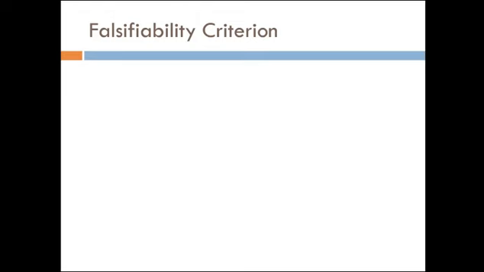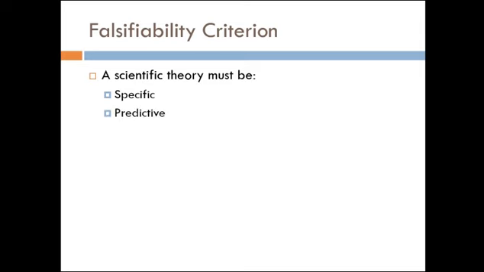Okay, now here's the key term for the whole chapter: falsifiability. And this is the focus of your weekly exercise 2, falsifiability. The falsifiability criterion is a concept that was introduced again by philosophers who said one way to find out if you're right is to see whether your prediction stands up to an attempt to prove it wrong. So, a scientific theory must be specific enough to be testable. It's got to be predictive, so that you're making a prediction ahead of time